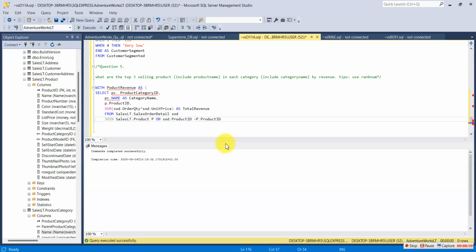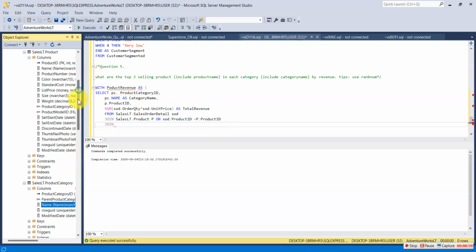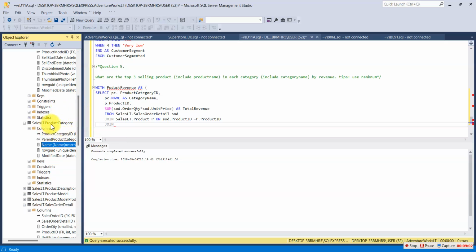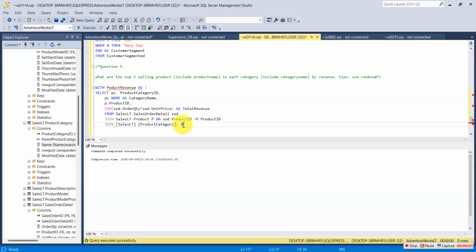Now the one I will join now is the product category table. So let's do that very quickly. Join product category. Let me go and pick the table. Product category, here. So let me just remove this. Okay, which I've given the alias PC. PC on what? On SOD product category